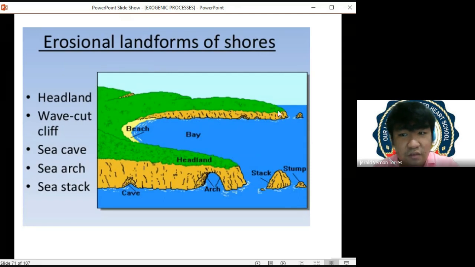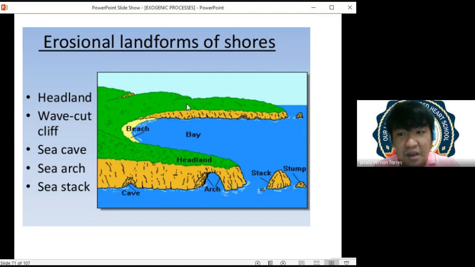At Tong Cliff, it's actually a discordant structure. It's a remnant of a hard rock, no? Hard rock, class, is harder to erode compared to its adjacent soft rock. So if you notice, this area is a soft rock. It's easier to erode than this hard rock, our headland or what we call a cliff.